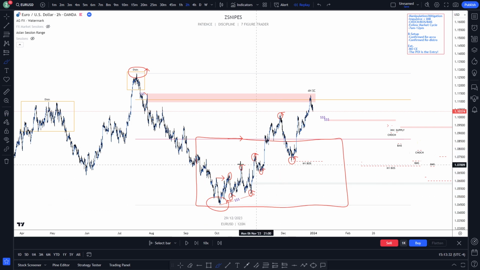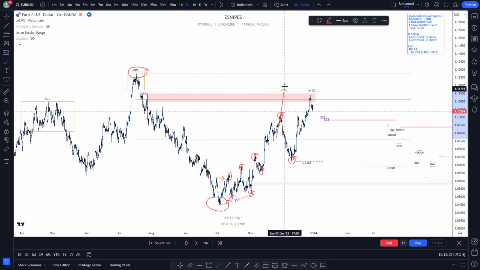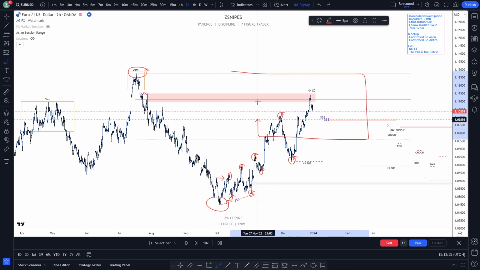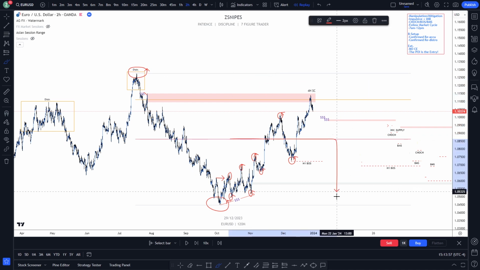Why? The reason why is because we are at discounted pricing. We know if we are in a bearish market, because from this side to this low we have a bearish leg, we know that the market most likely is going to give us the highest probability for sellers at the premium prices. And what is premium? Premium is above the 50%. So here would be premium pricing up here. Down here is discounted pricing.